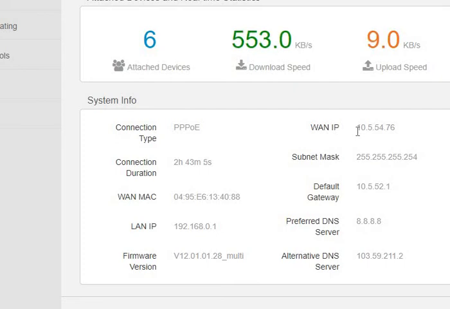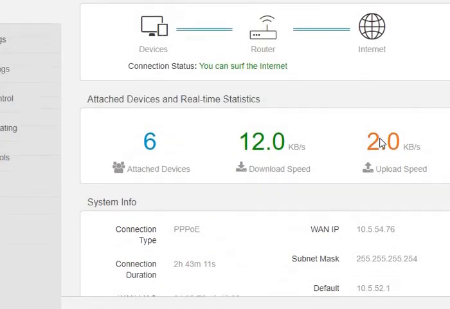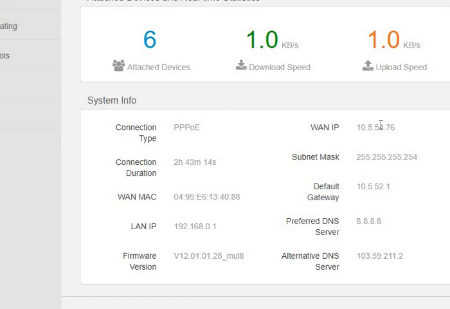Yes, this is my public IP, 10.5.54.76. This is the IP address which is provided to me by the service provider. And you can see the LAN IP